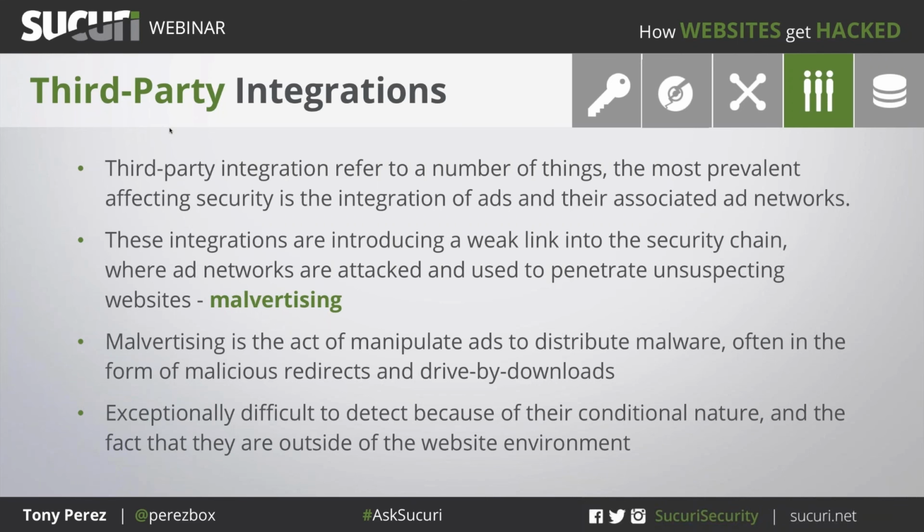I'm not joking about that. Sometimes it could show up once a day. Maybe it shows up once per IP or IP range. Maybe it shows up per geography. And so all these configurations have to be taken into consideration to try to identify something. So malvertising is something that continues to grow, continues to be a problem. We've seen it affect some of the largest brands in the world, and it affects some of the smallest brands as well. It's something we need to be thinking about.